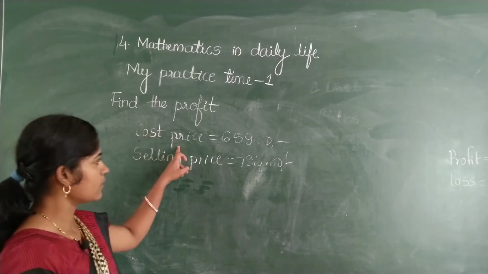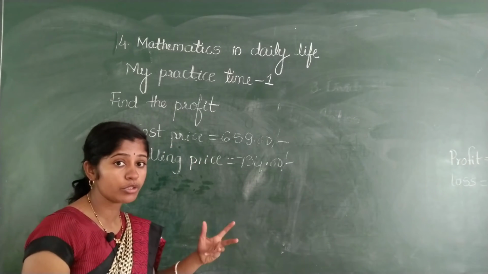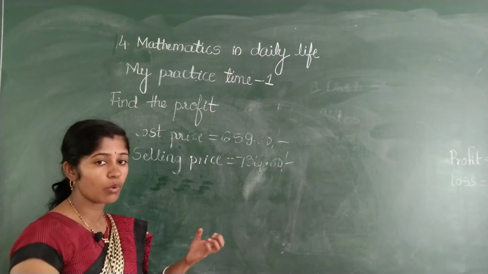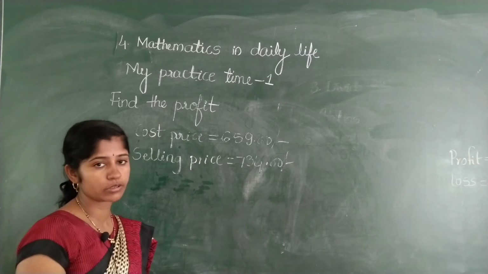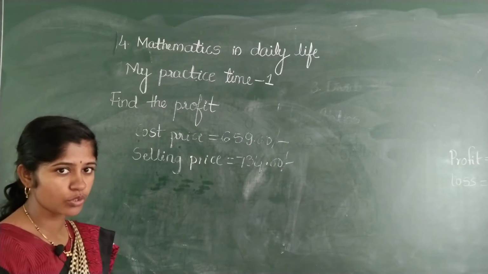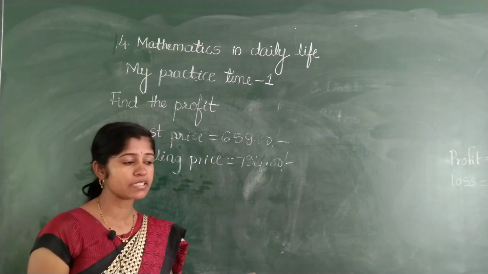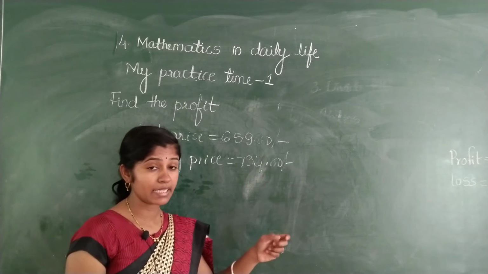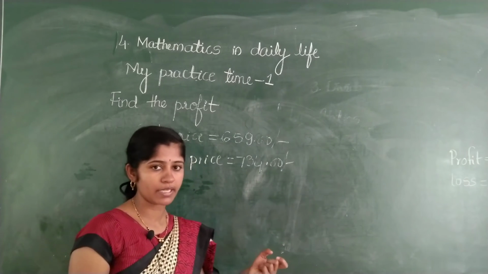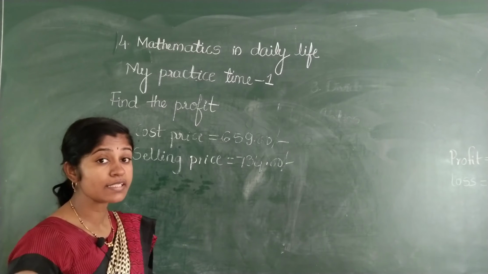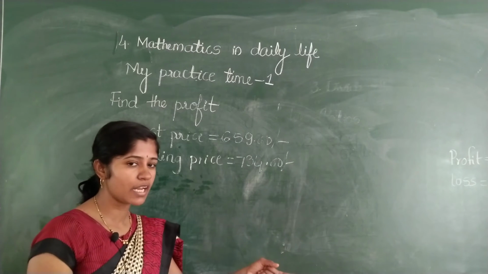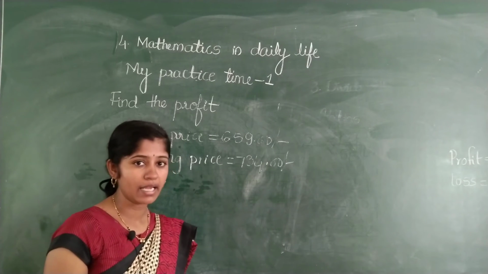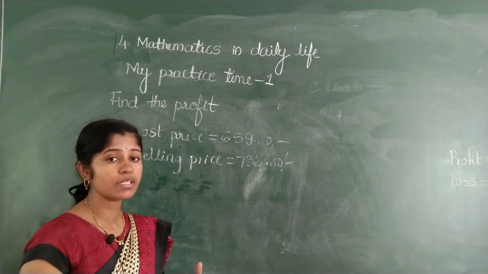See here, cost price. Cost price means whatever amount you pay the first time. For example, now you go to a shop and purchase one pen for 10 rupees. That is its cost price. And if your friend asks you and you sell it at another price, for example, if you bought it for 10 rupees and you are selling it for 12 rupees, whatever you first pay to the shop is the cost price, and after that when you sell it, that is the selling price. See here, the cost price is 10 rupees and the selling price is 12 rupees. You are getting 2 rupees extra. It means you are getting 2 rupees profit.